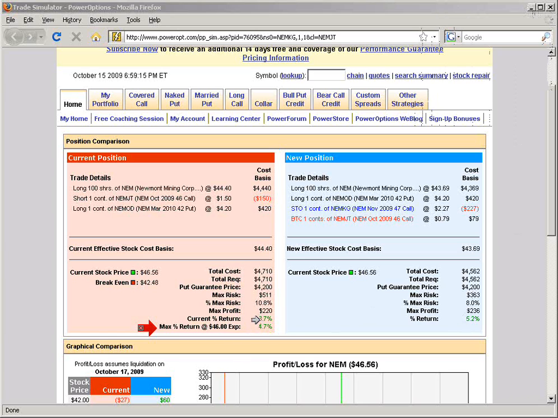So let's just say roughly we've got about a 4% return. By moving the call and keeping the put in place, we lower our maximum risk from 10.8% originally. Remember, we had it at 10.8%. We can lower our maximum risk down to 8% or adjust our percentage return to 5.2%. Now, I'll be honest again, remember, that's the maximum percentage return if the stock's trading right at $47